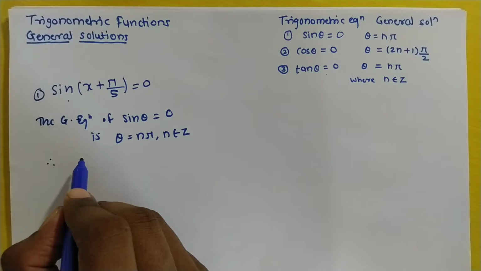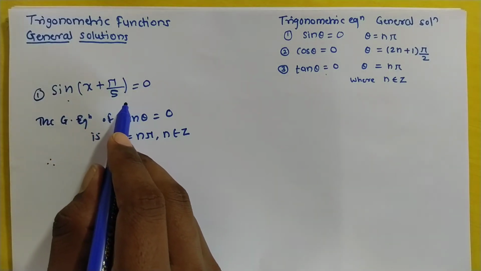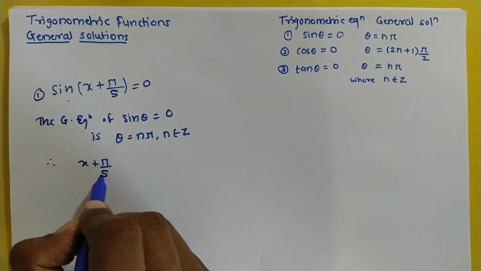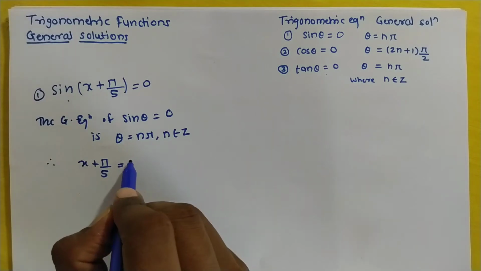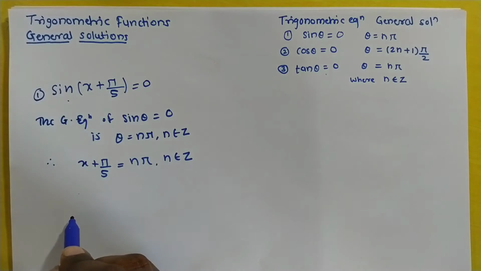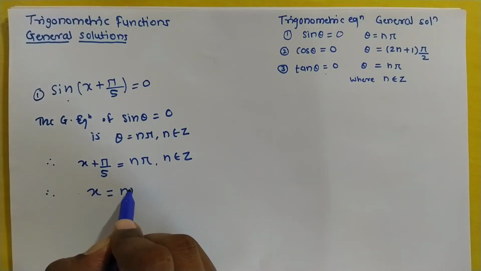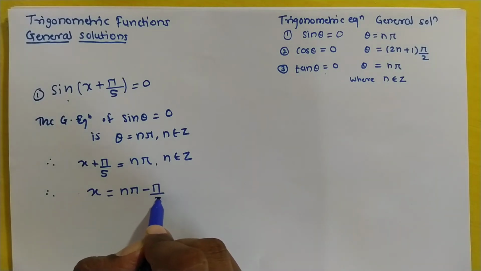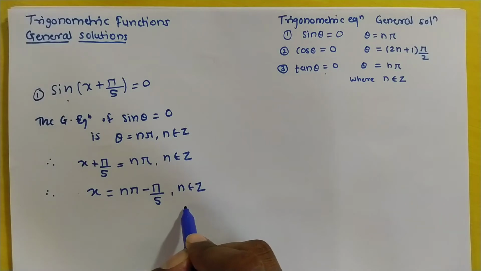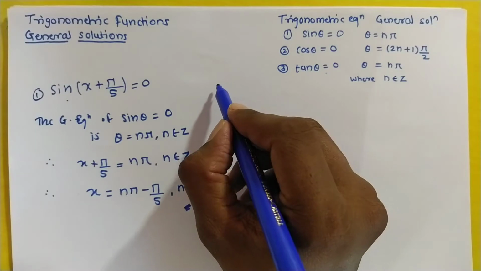Therefore, the general solution of sin(x plus pi by 5) equal to 0 is x plus pi by 5 equal to n pi, where n belongs to the set of integers. So therefore we find the value of x is equal to n pi minus pi by 5, where n belongs to the set of integers. So this is our required solution. Now we take the next example,